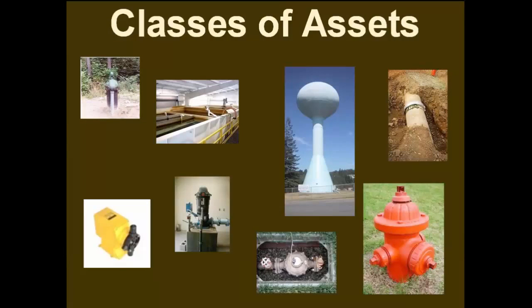And then just to remind everybody what classes of assets are, it has to do with the type of assets that we have, where we might have tanks and pipe and hydrants and pumps. So within the class, we want to separate our system into the classes of assets. And I've kind of put more the horizontal assets on the right, which are the things that are in the field, and the vertical assets on the left, which are the things that usually are related to treatment and water